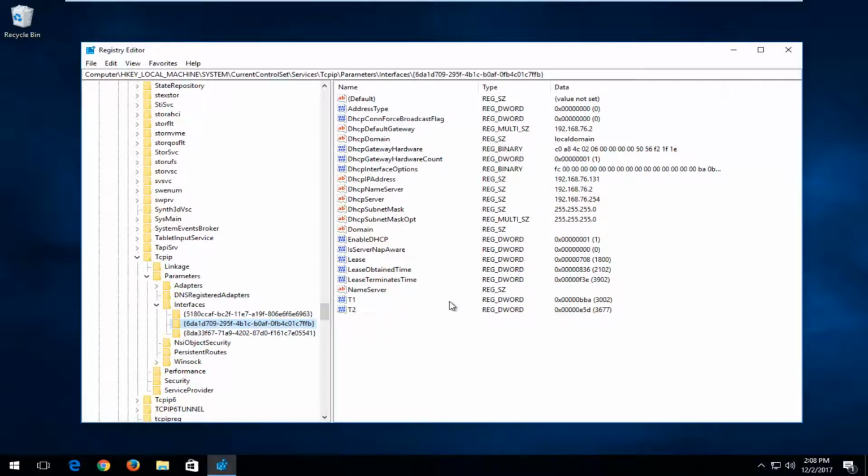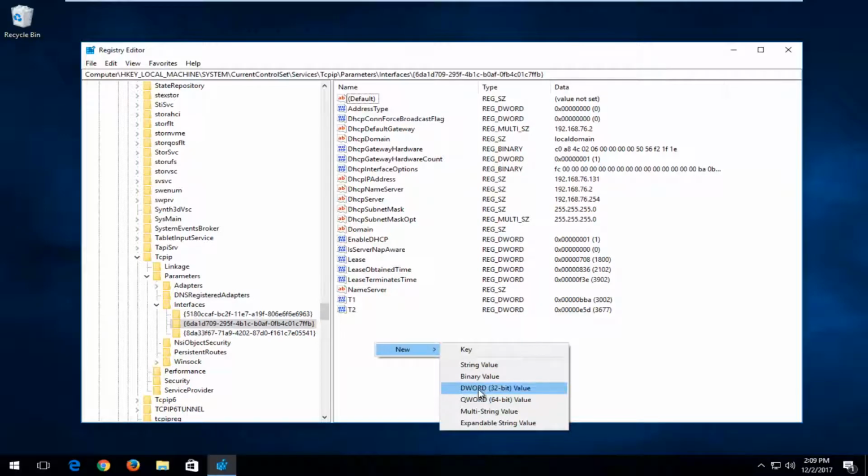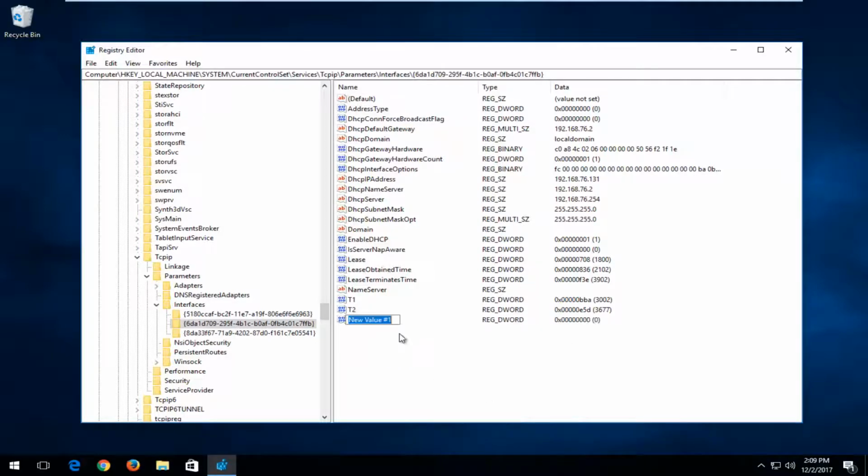You want to right click inside of some empty space near the bottom preferably. Right click like I said, and then left click on New, and then select the word 32-bit value, and then you want to type in TcpAckFrequency, with the T-C-P all capital, and then Ack, and then Frequency. Exactly how it appears on my screen. Make sure the spelling is correct. Can't stress that enough. Then you want to hit enter,